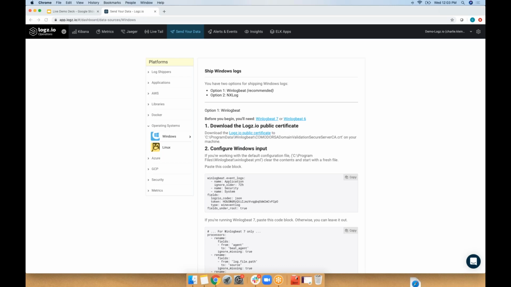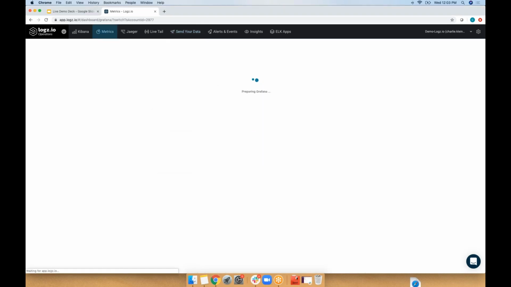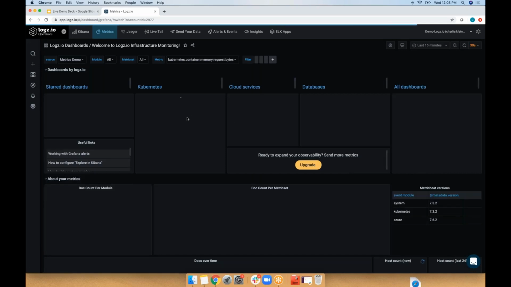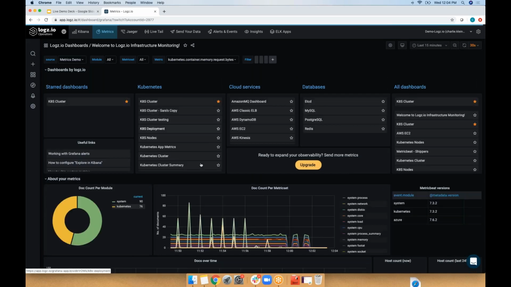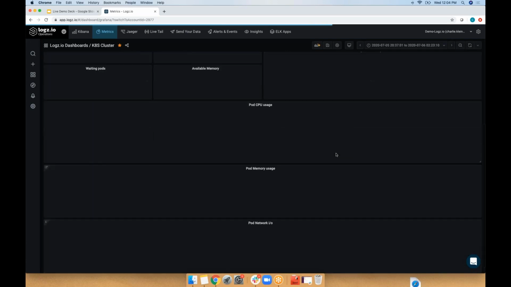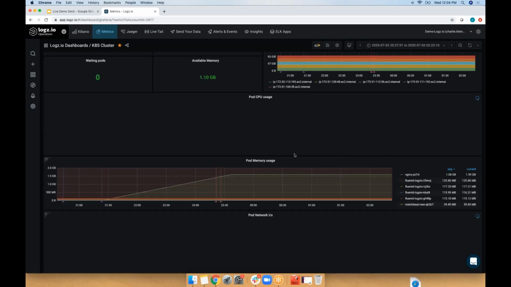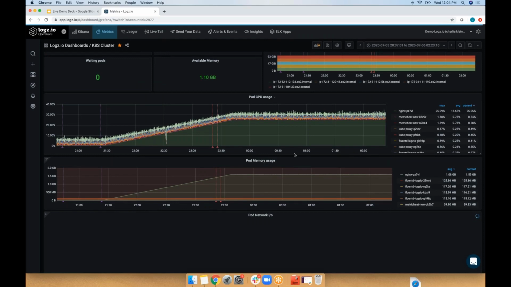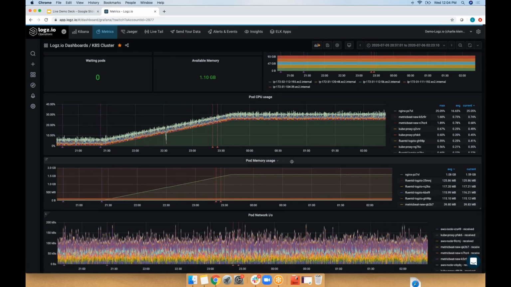Just reading through some of the questions here. There's a question about network traffic, and that can definitely be monitored with Logz.io. So I'll go back to our infrastructure monitoring product here. I'll go back to this Kubernetes cluster. There actually isn't great data in this demo account to see how to monitor network traffic,